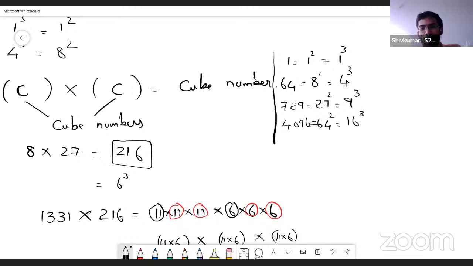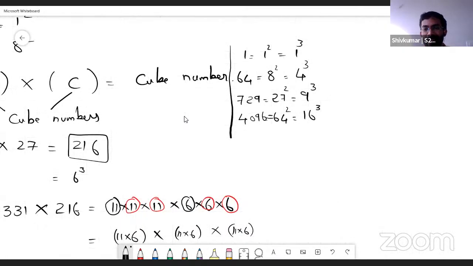Excellent. Okay, so now for those who have not been able to make deductions from this observation, just look at these numbers here. So this one is 1 squared, 64 is 8 squared, 729 is 27 squared, 4096 is 64 squared. So what is common among these numbers? 1, 8, 27, 64. They are all cube numbers, sir. Squares, yes. And look at the base of these cubes. 1 cube, 4 cube, 9 cube, 16 cube. They are all squares. Right? 1, 4, 9, 16. So what does the pattern reveal? What must be the next number below? 25.